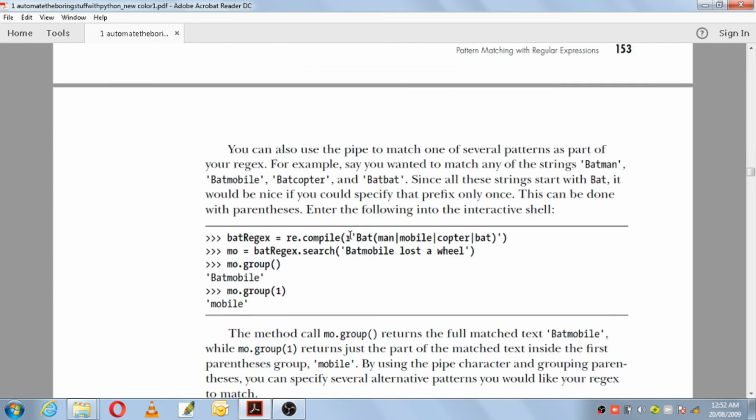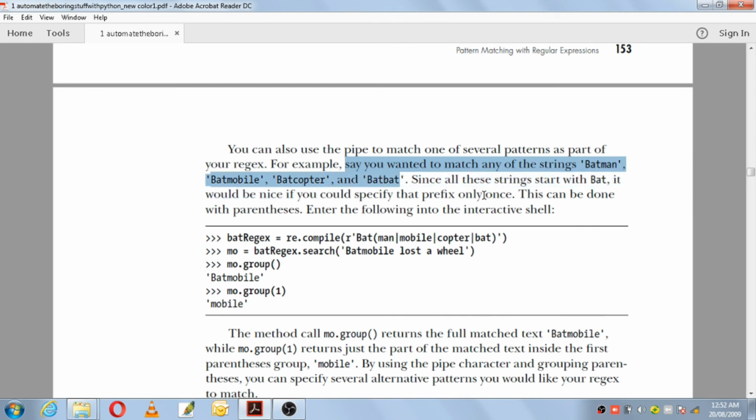Okay, so next, what else is the pipe used for? You can also use the pipe to match one of several patterns as part of your regular expression. For example, say you wanted to match any of the strings Batman, Batmobile, Batcopter and Batbat.